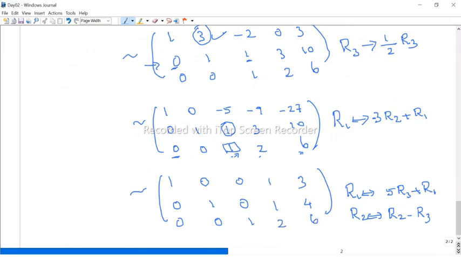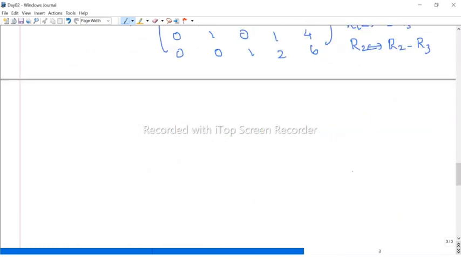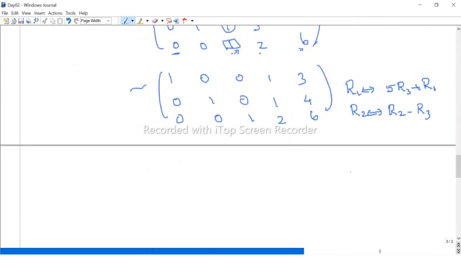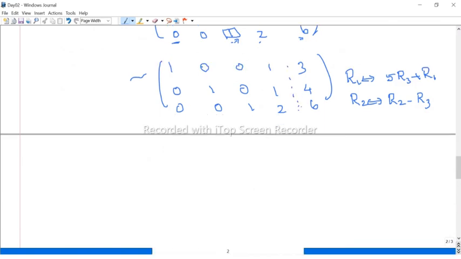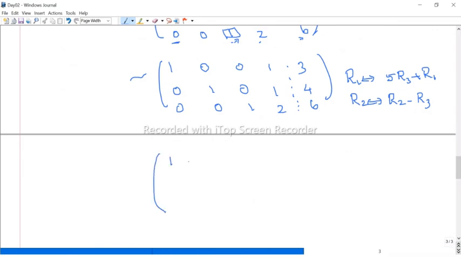Now finally, is this reduced row echelon form? Yes, sir. Okay. So finally, what I did, the last column is the right hand side. Therefore, if you write in matrix form, the corresponding matrix is 1 0 0 1, 0 1 0 1, 0 0 1 2, right? And this times x1 x2 x3 x4 equal to